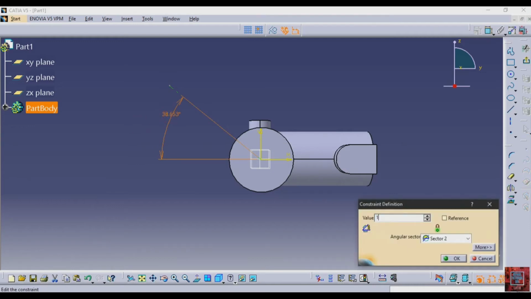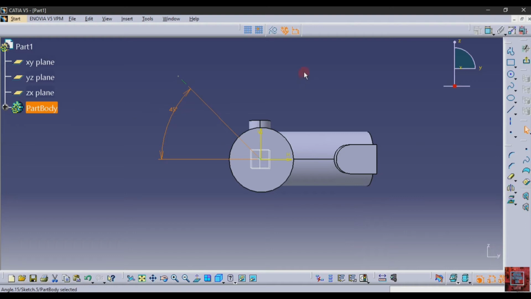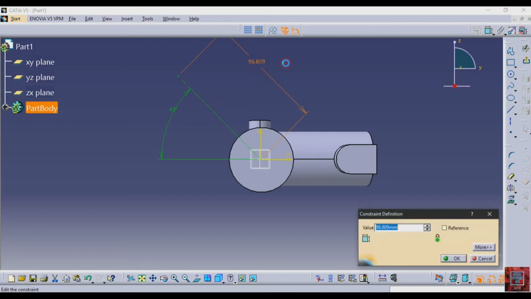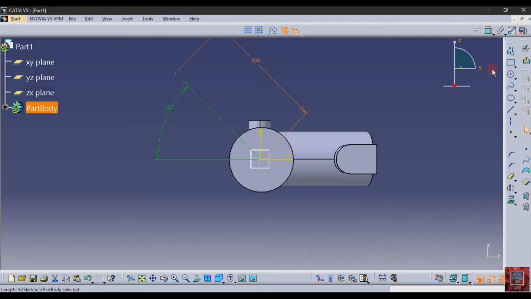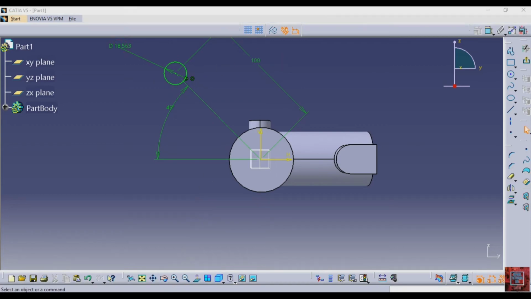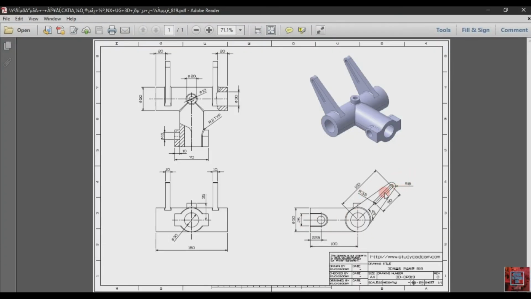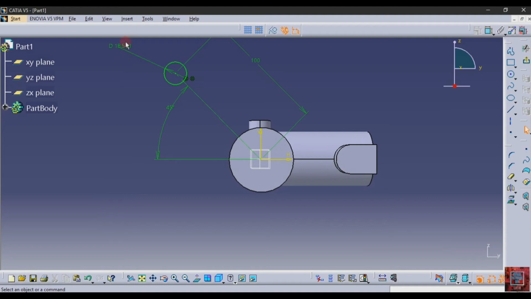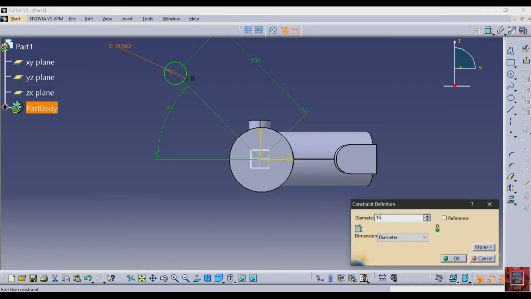So double click on it and type 45 degrees, and the length of this center line is 100. Then select a circle and make the circle at this point. The radius of this circle is 8 and the diameter is 16. So double click on it and type here 16.